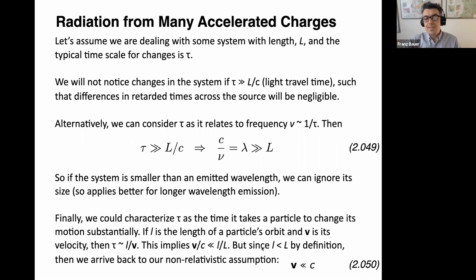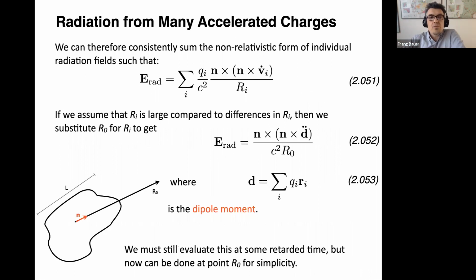And so if we have this definition that little L has to be less than big L, what we end up getting back is simply that the velocity has to be less than C, or we basically have a non-relativistic assumption coming back at us. These are just different ways of characterizing the system. So just to make sure that we're in the right regime. Okay, so